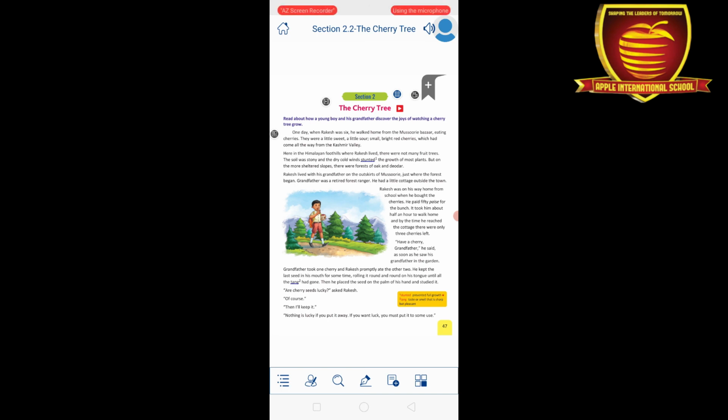"There are so many trees in the forest," said Rakesh. After that, what did Rakesh say? He said there are lots of kinds of trees in the forest. "What's so special about this tree? Why do we like it so much?" It means the cherry tree. Now he was surprised that there are so many trees in the forest,